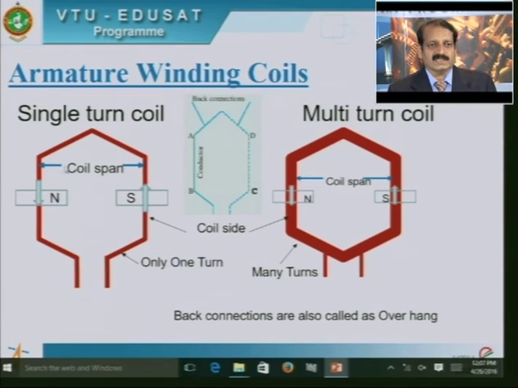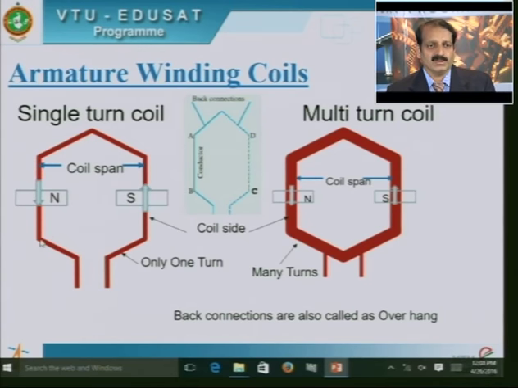Armature coils can be single-turn coils or multi-turn coils. In a single-turn coil, only one turn is involved. You can see here, this is the starting end of the coil, this is the finishing end of the coil, and this portion of the coil is called the conductor, and this portion is actively involved in energy transfer